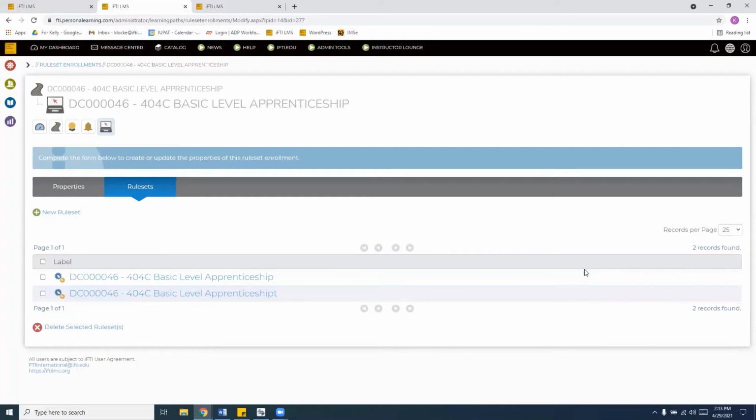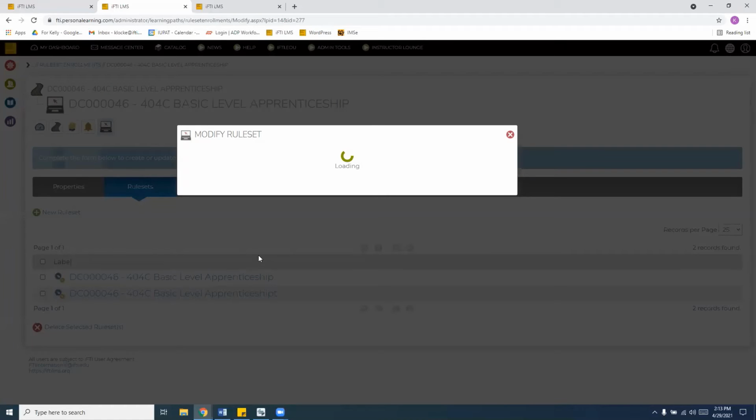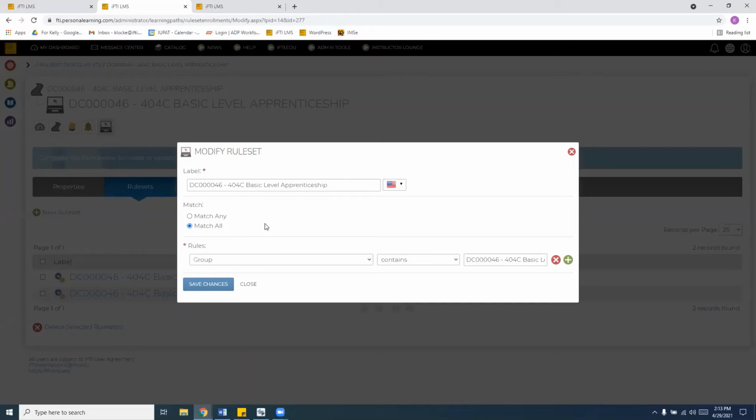Kelly, if you could go back in there, just be cautious when you're looking at that. So basically this says that the label is just what you want to call it, but the rule says if the group contains DC 00046404C, just be very specific on what you want on there.